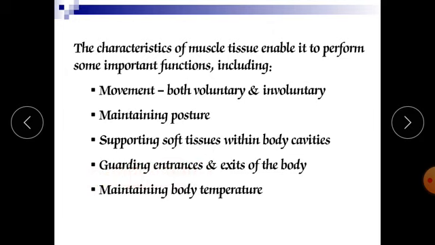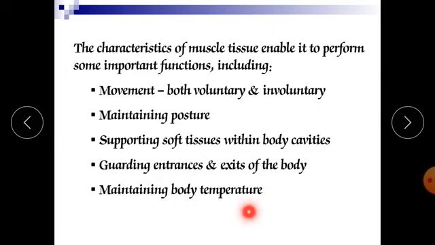Another example is the urinary bladder. Our urinary bladder has muscles which are responsible for closing and opening the opening from the bladder to the urethra, guarding its entrance, meaning they are opening voluntarily. When we want, we can urinate. When we don't want, we can suppress it, we can control it.